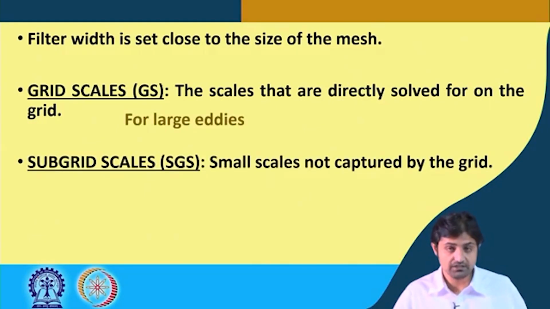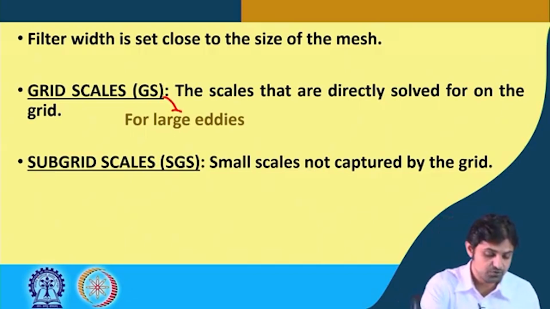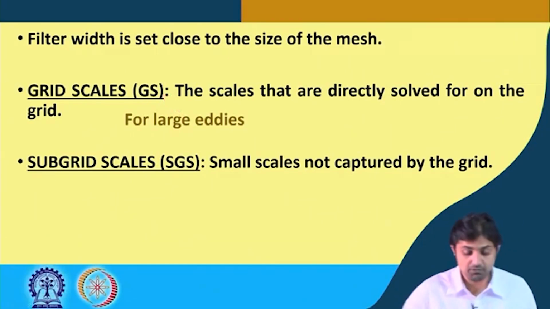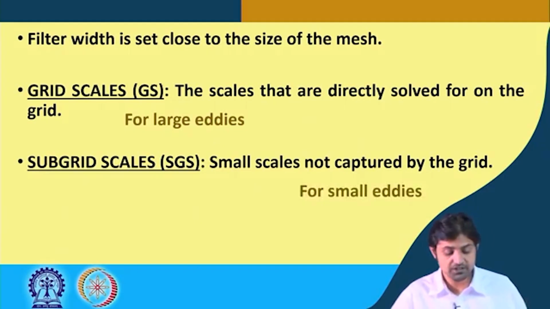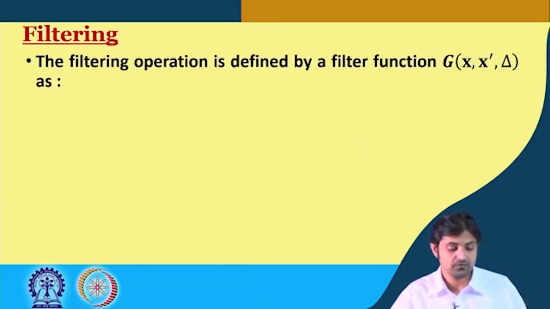For large eddies, the grid scales are used, and for the smaller ones there are subgrid scales. So small scales are not captured by the grid, because they are smaller in size. To capture those eddies, the grid should be at least smaller than those. So subgrid scale modeling is used for smaller eddies. Now the filtering